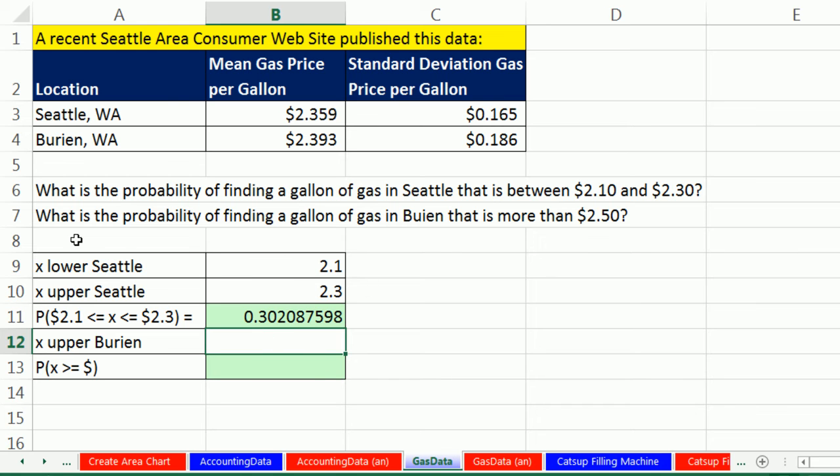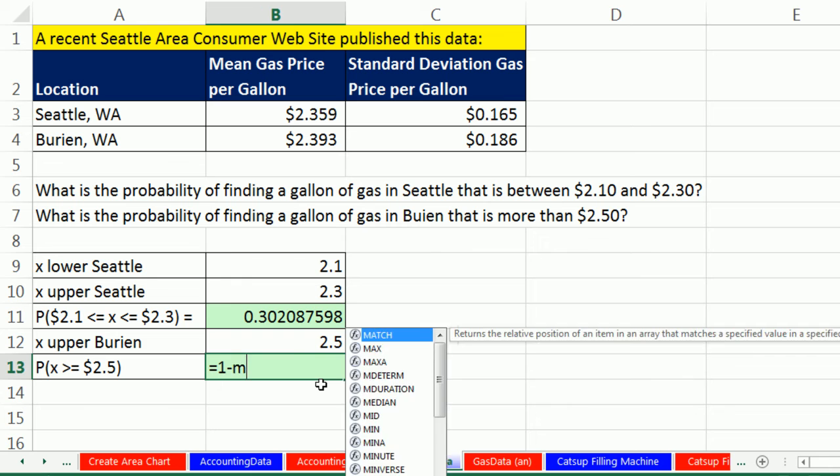Our next question, what is the probability of finding a gallon of gas in Burien that is more than $2.50? Well, we can see $2.50 is going to be bigger than our mean, and it's on the upper end. So what's true, our function, if we give it $2.50, if we just did straight NORM.DIST, it would calculate everything from the low end up to that $2.50. But I want everything on the upper end, so I equals